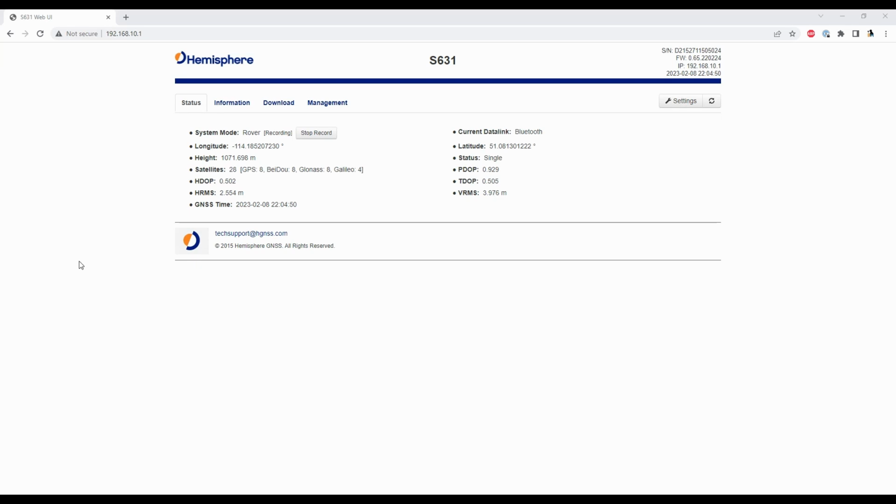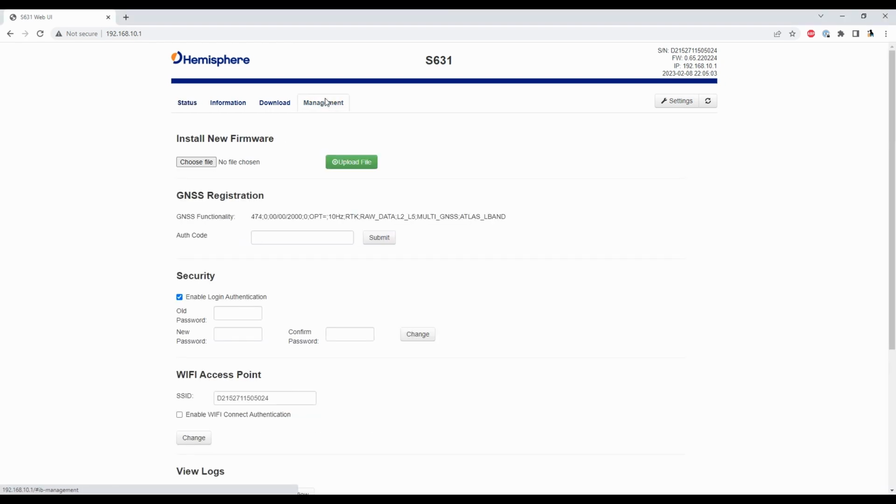So what I've got is the WebUI open and connected here, and I'll link to another video that shows you how to get onto the WebUI. But what I'm going to do is head up to my Management tab, the fourth tab out of my options. And in my Management tab here, there's this GNSS registration option, and where it says auth code there,